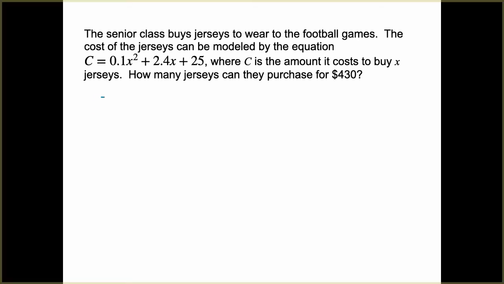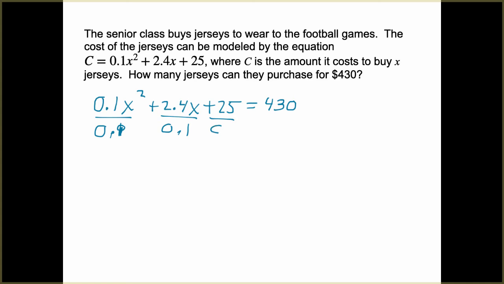And I'm going to rewrite this a little bit differently to put in the form we've been using. So we have 0 and 1/10 x squared plus 2 and 4/10 x plus 25 adds up to $430. For this one, again, our leading coefficient is not 1. It's 0.1, which is a tenth. So we need to divide everything out by this 0.1 or 1/10. So we're going to divide everything out. And if you do this on your calculator, you're going to notice it moves all your decimal places 1. So now we have x squared plus 24x plus 250